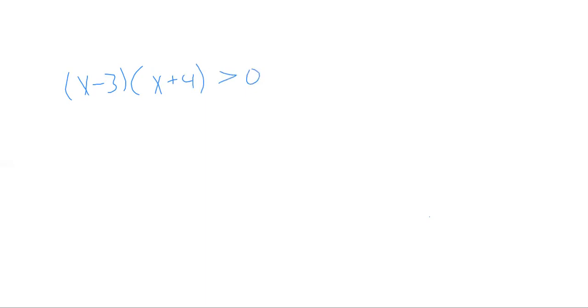Well, what you do is you set each of these equal to 0. Actually, I would set them equal to 0 to find your zeros. So x is equal to 3, x is equal to negative 4. Then we're going to go down here and graph them